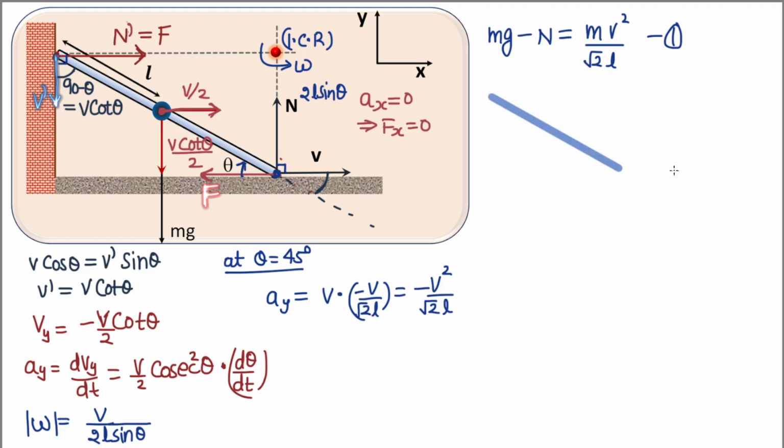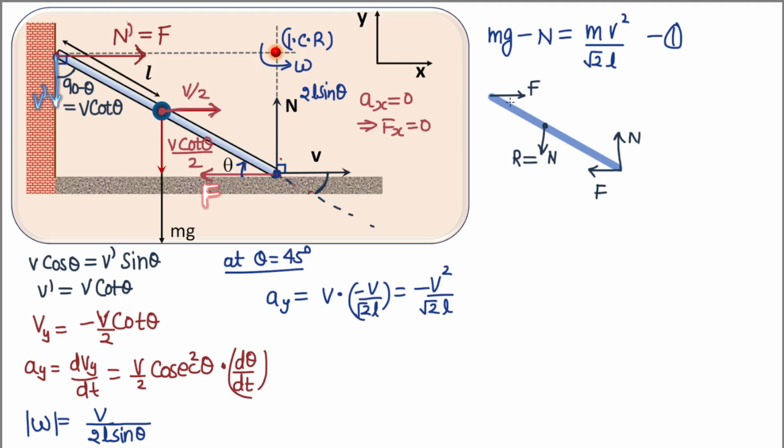So this is my rod, right? On this rod, one force at this point is acting towards the right, that is equal to F. One force is acting towards the left, that is equal to F. One force that is acting in the vertically upward direction, that is N. And since this rod is massless, the net force acting on this rod has to be zero, right? So this interaction force between the bead and the rod has to be equal to N, otherwise the net force will not be zero, right? So this is the reaction force between the rod and the bead.